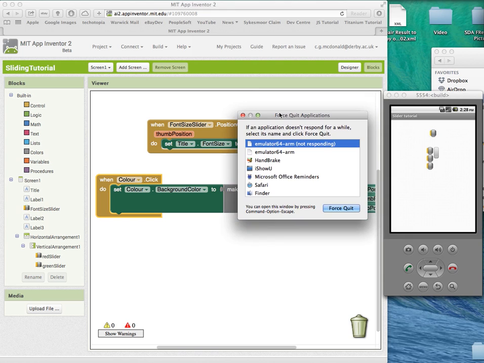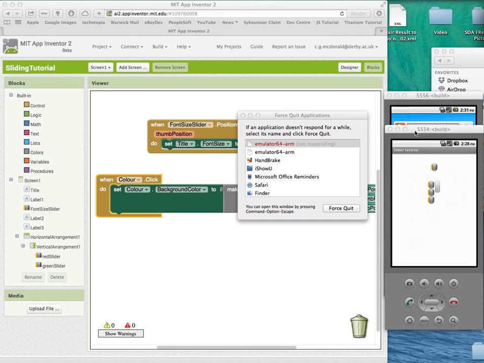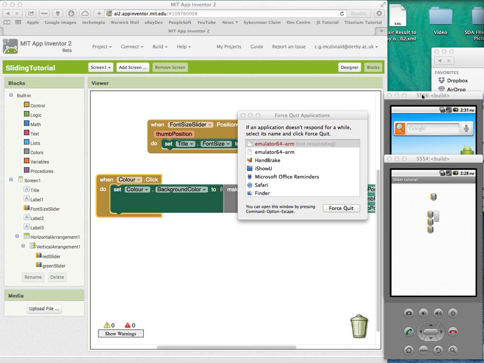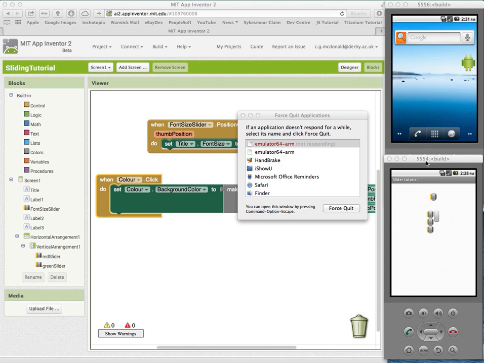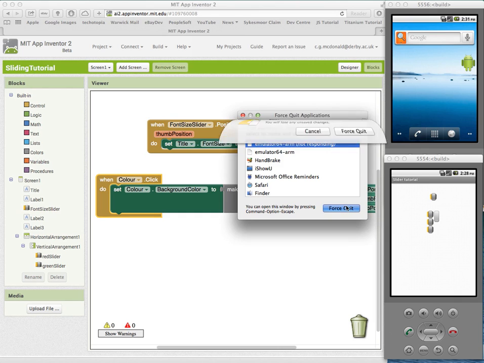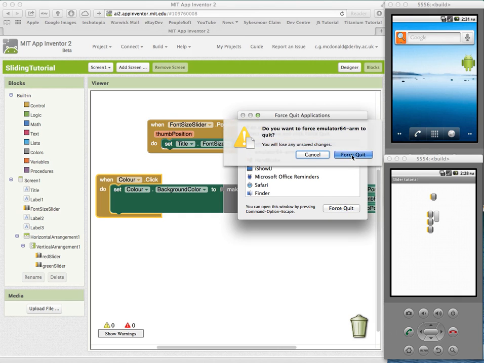Now what this is showing me is I've got two emulators, so sure enough, I've got a 556 and a 554. So if I force quit the one that's not responding, which I'm fairly certain is 554, force quit,